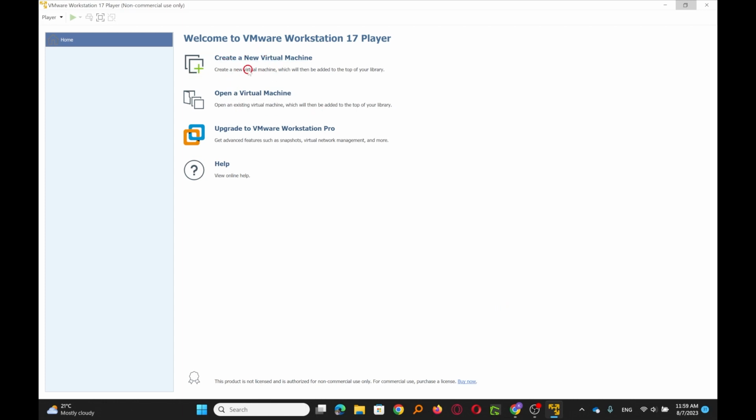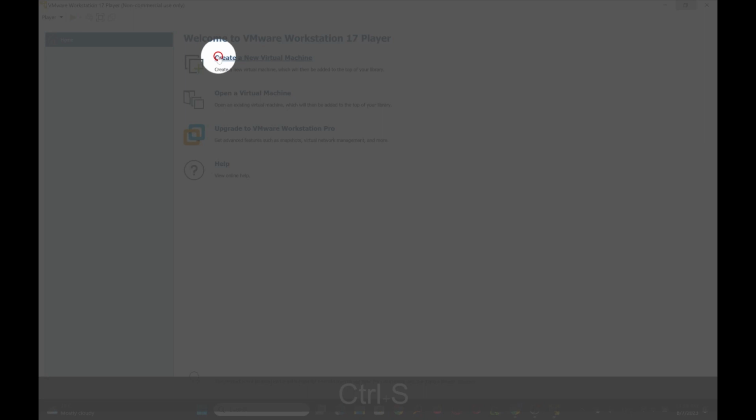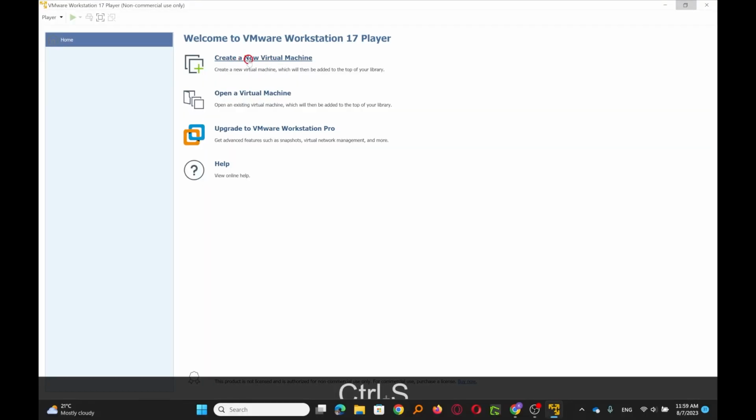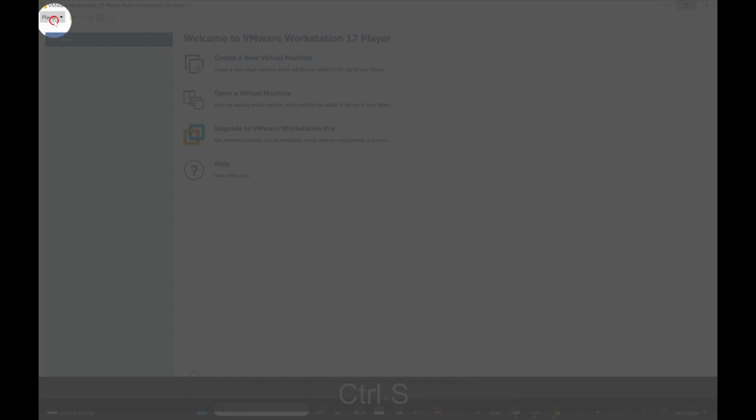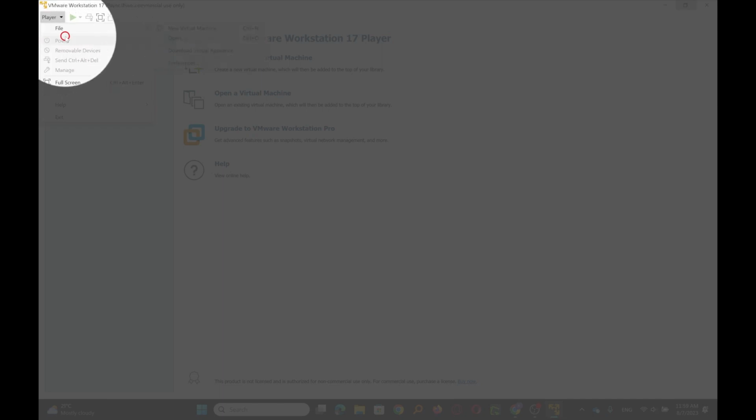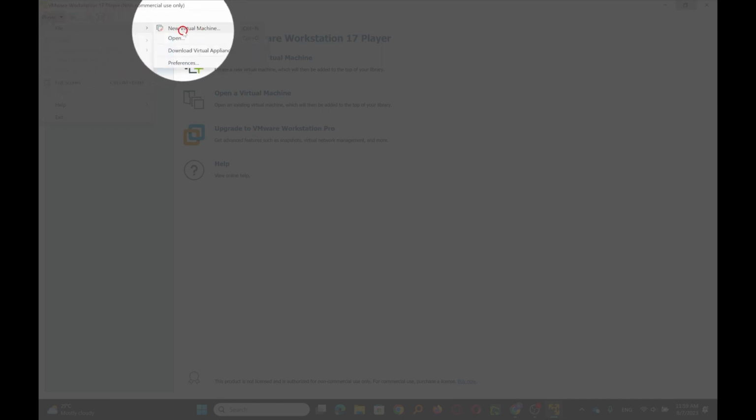So in the middle of the screen, I have the option to create a new virtual machine. I can click that to create a new virtual machine, or I could come up to the top left-hand corner where I have Player, click the drop-down arrow, and come to File, then New Virtual Machine.